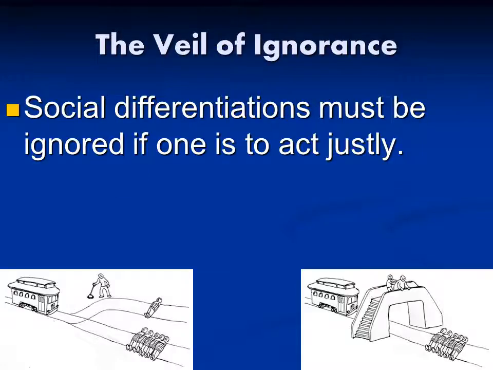The veil of ignorance is a figurative cover that forces us to disregard social differentiations and personal attributes when making decisions. This ignorance applies not only to the social identities of the people who you write about, but to your own social standing as well. The principle works on the idea that someone who is unaware of where he or she stands in a society is less likely to make a decision that only benefits one segment of society.